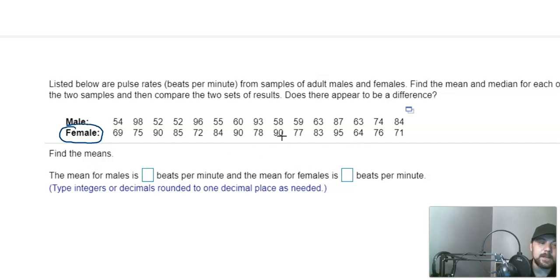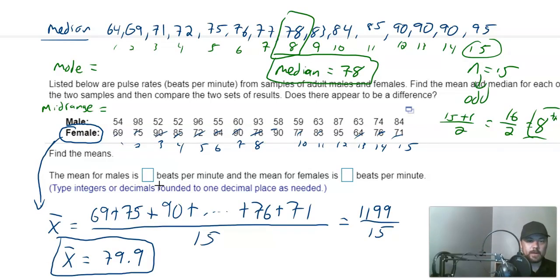All right, so I'm going to pause the video. You should do the same. Calculate the mean and the median given these numbers. And this is more like what you'll see on the homework. You're not going to have 107 data values most of the time. It's going to be more like this. You know, there's like 12 here or something like that. So find the mean and the median, and then resume the video to see if you came up with the right answer. Okay, so here is the work for this particular problem, looking at the data set for the female